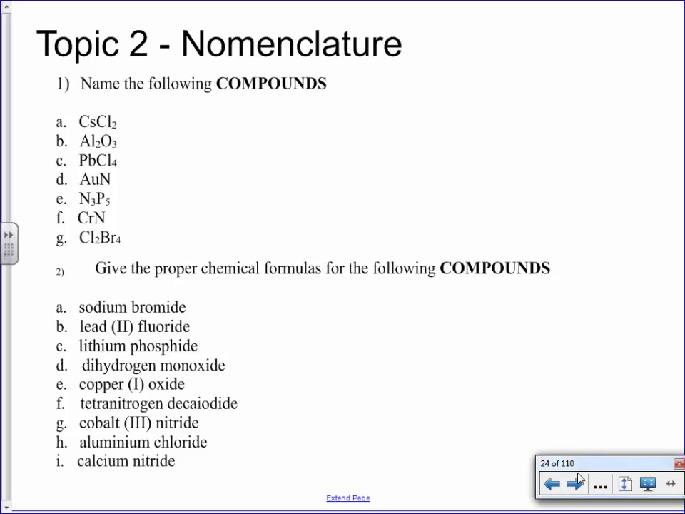And then E, I heard a couple of you picked up on how to solve that one. It's a molecular covalent compound, so you call it trinitrogen pentaphosphide. F is chromium 3 nitride. And G is dichlorine tetrabromide. So hopefully at some point, fairly soon, you can do what I do and just look at it and go,